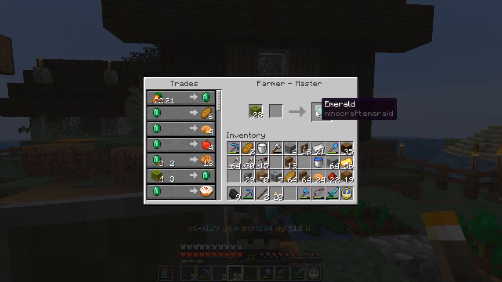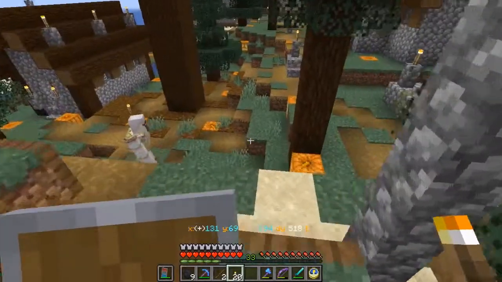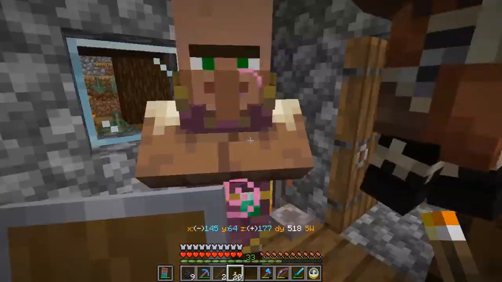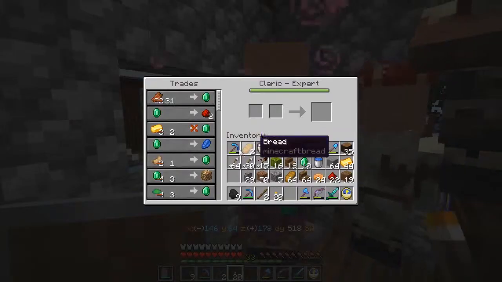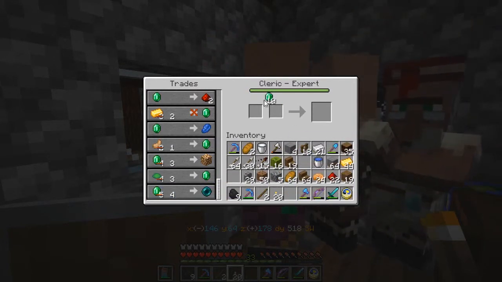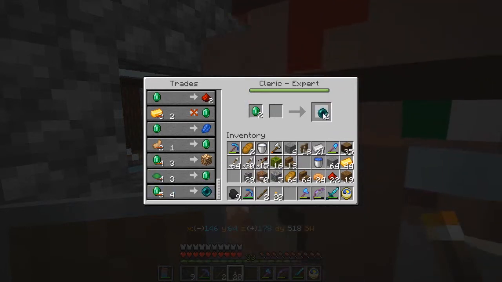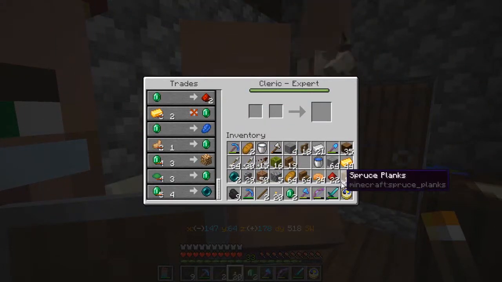Now let's get a few more emeralds. And I can go back to trading with my cleric. Thank you. All right, now we have the expert level unlocked, and we've got, yes, an ender pearl trade. Yes. All right, that's what I was looking for. No, don't do that again. There you go. 2 ender pearls,